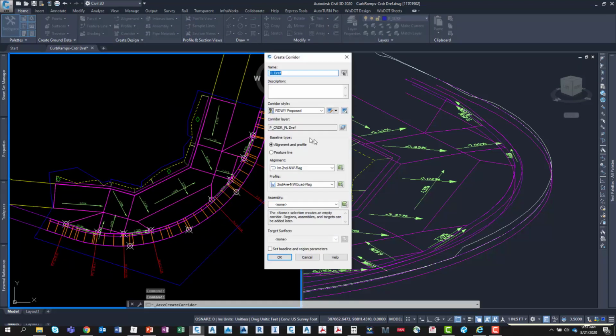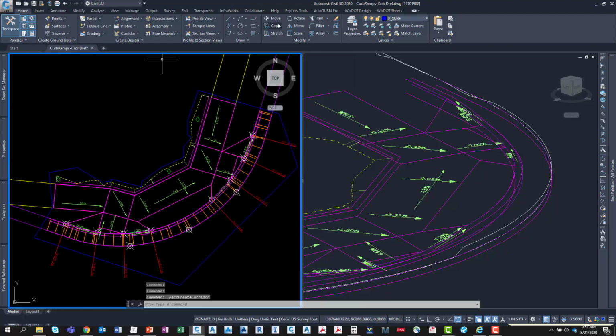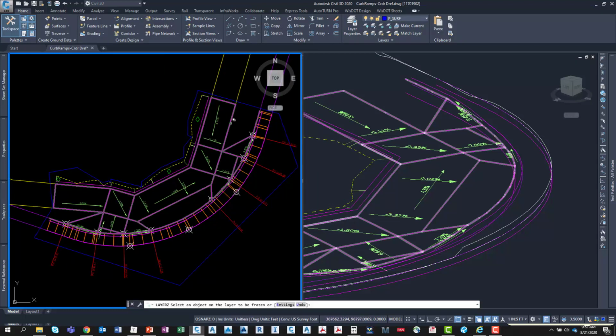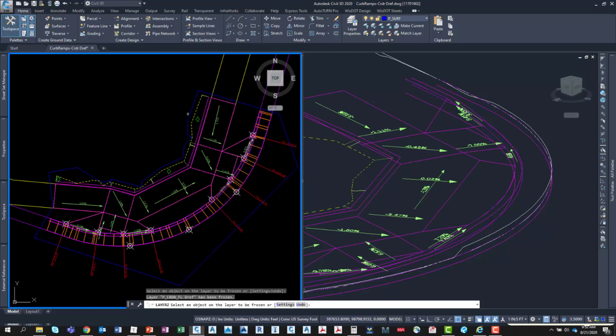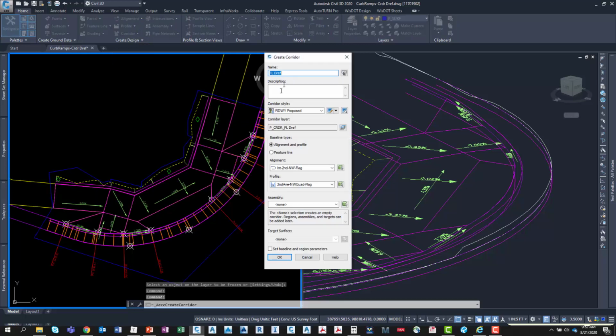I'll create a new corridor. I'm going to freeze the other corridor. Okay. Feature line dref 2. And the baseline,